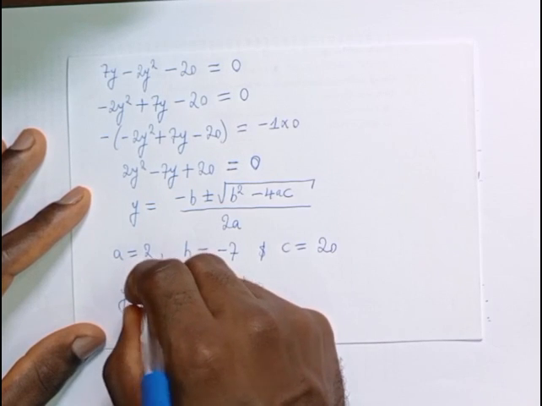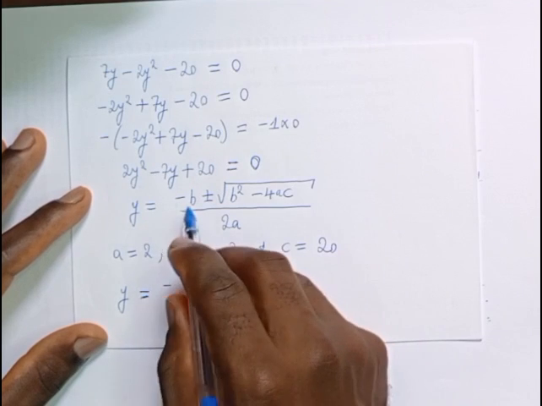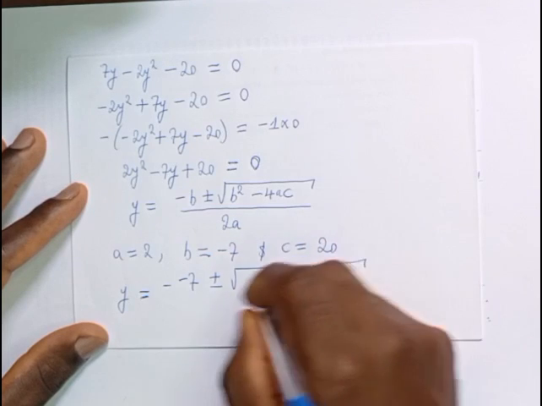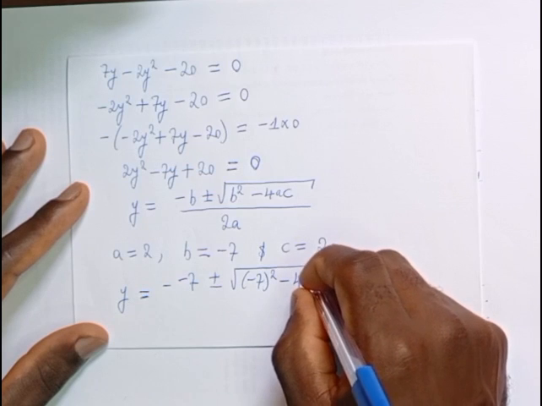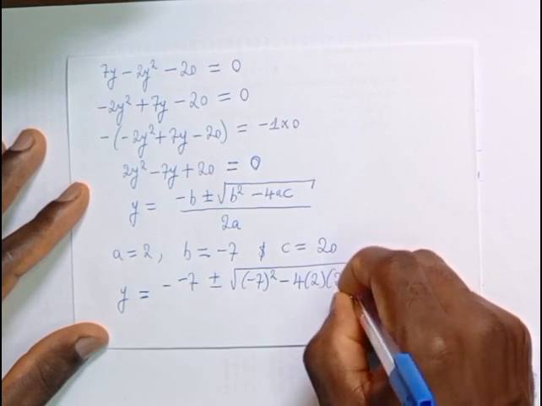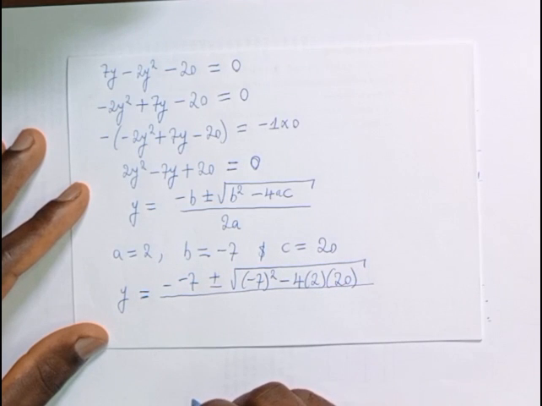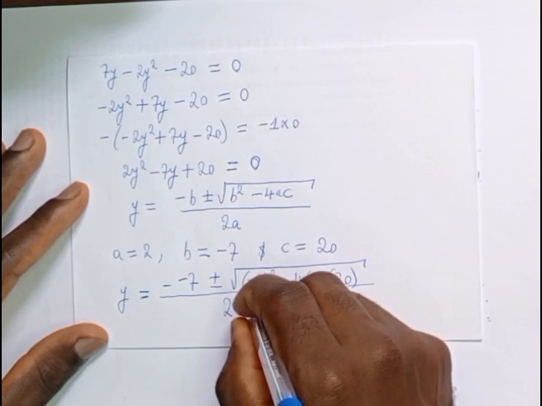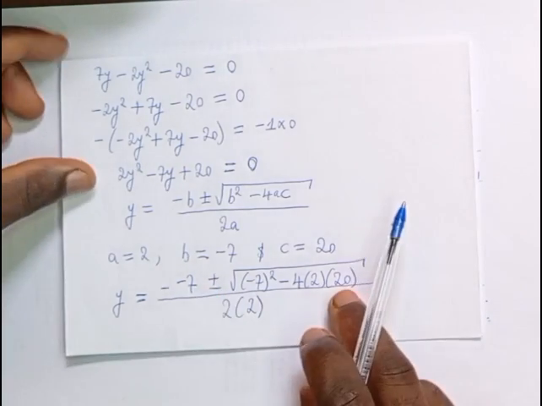Inserting it in the quadratic formula, this will give us negative, the value of b is negative 7, plus or minus the square root of negative 7 squared minus 4 times a, which is 2, times c, which is 20. We divide all this by 2a, which is 2 times 2. This will simply give us, negative negative becomes positive, 7 plus or minus